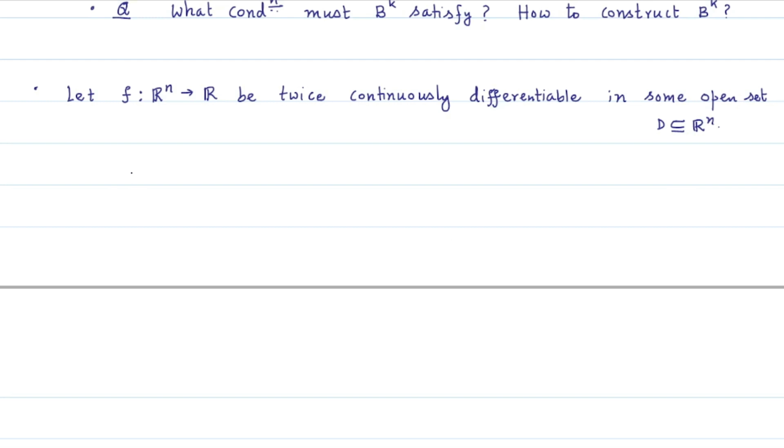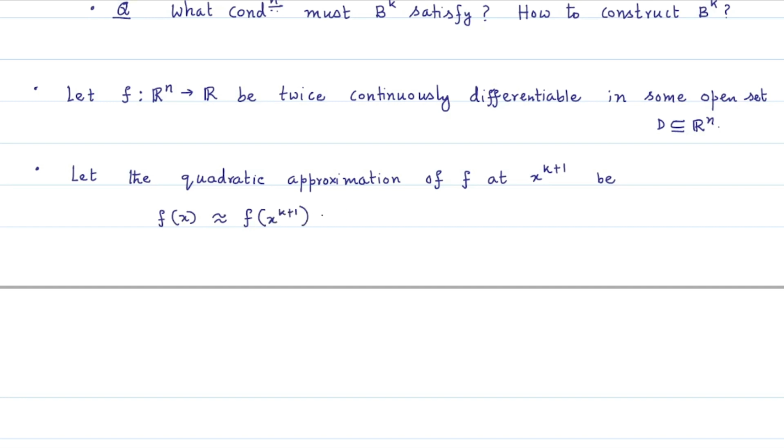Then we have considered the Taylor's quadratic approximation of the function f, and the next iterative point in Newton's method is the minimizer, or the minimum point, of the Taylor's quadratic approximation of the function f at the point xk. Similarly, in the Quasi-Newton method, we consider a quadratic approximation of the function f at the point, say, xk plus 1, that gives, say,